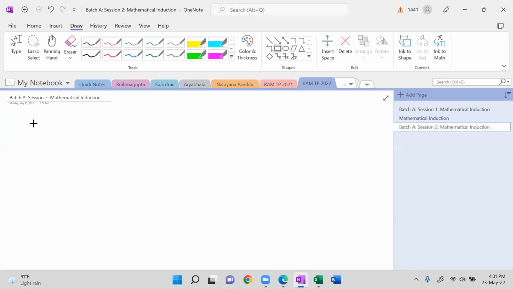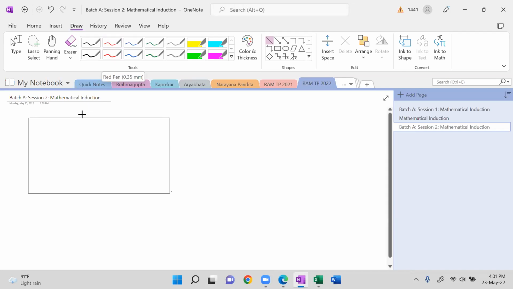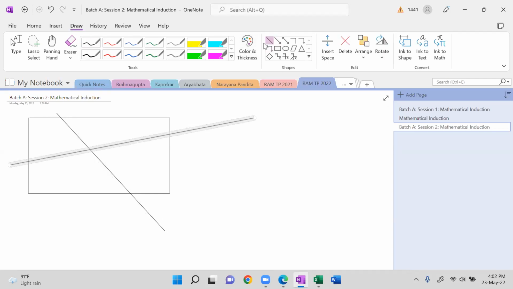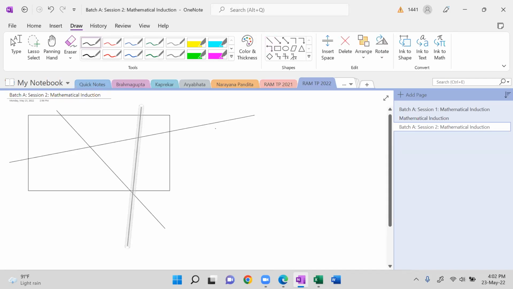Let me just write the question just once. So let's say that we draw a certain number of lines. This is one line. There is another line. There is a third line, and so on. And our claim is we can color it perfectly using